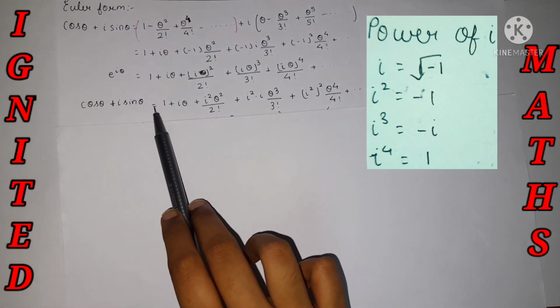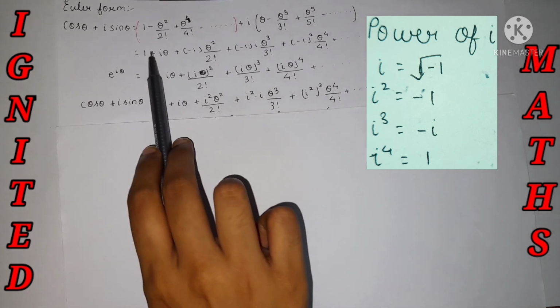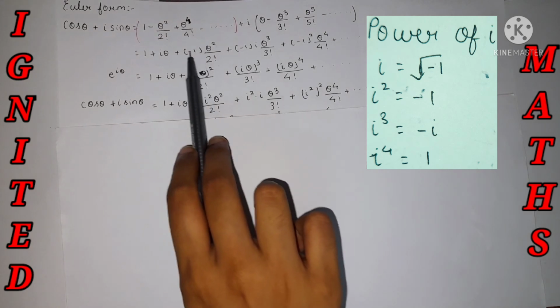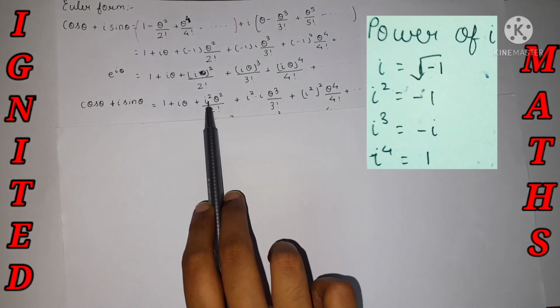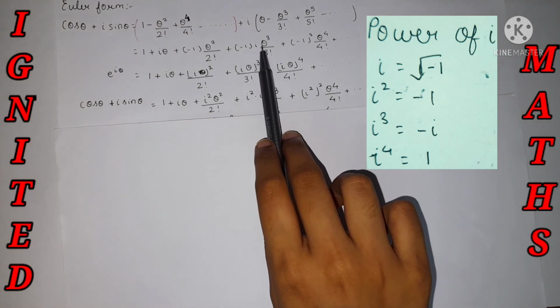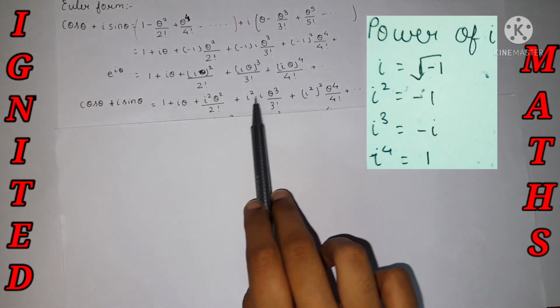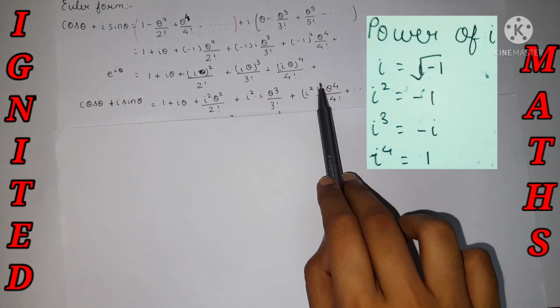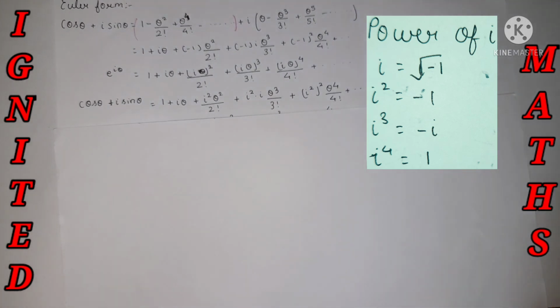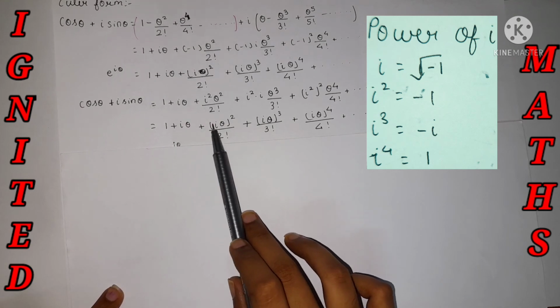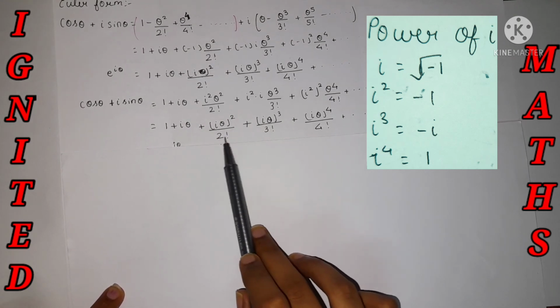So cos theta plus i sin theta is equal to, over here, 1 plus i theta, and minus 1 is nothing but my i square value. Theta square, as minus 1 into i, is nothing but my i square. Minus 1 into minus 1 is nothing but my i square raised to square, and the rest of the things I have kept as they were. Now the part is 1 plus i theta the whole square divided by 2 factorial.